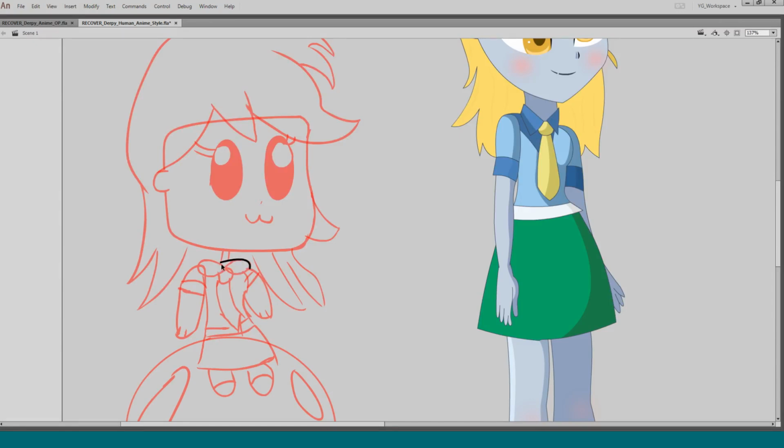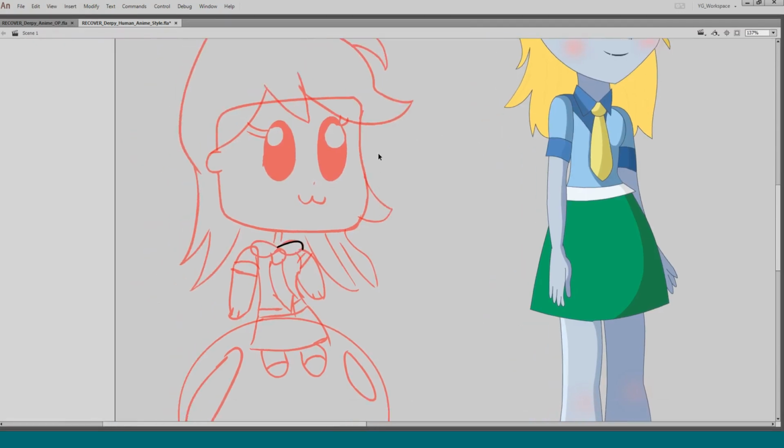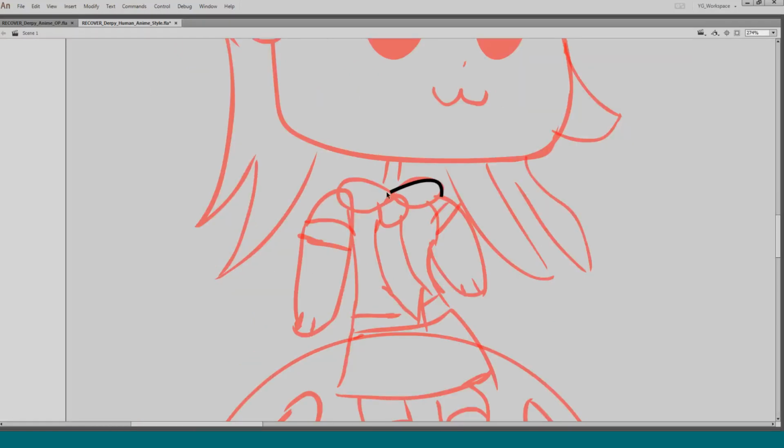So I wanted this to be more bubbly, because this has very sharp edges, and I thought the chibi version would have a bit of a redesign, with more playful, fun shapes here.